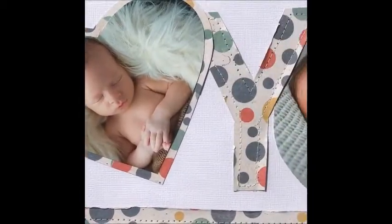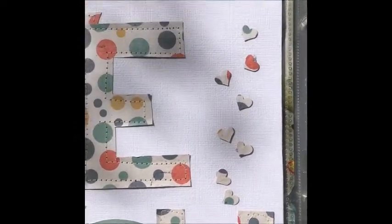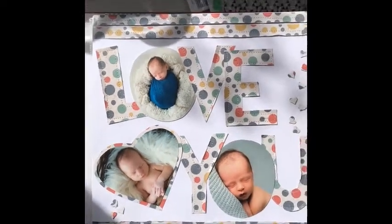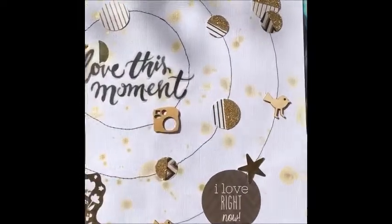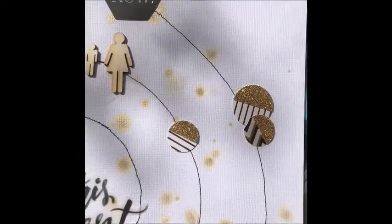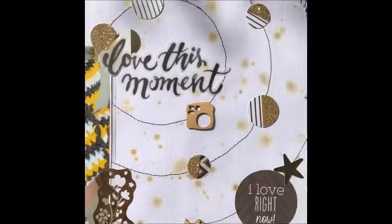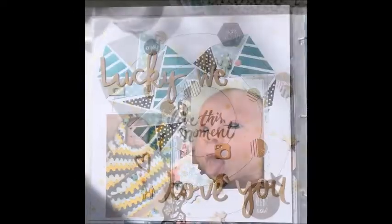This layout, I obviously got out my sewing machine, and I didn't actually use any embellishments on this layout, just a piece of paper, and I used the heart punch that came in my kit as well. This one, obviously the sewing machine again, I was a bit excited about the sewing machine, and as you can see, this one was my gold layout. And I didn't have any Heidi Shine at that time, so I used the watering down of ink and splashing